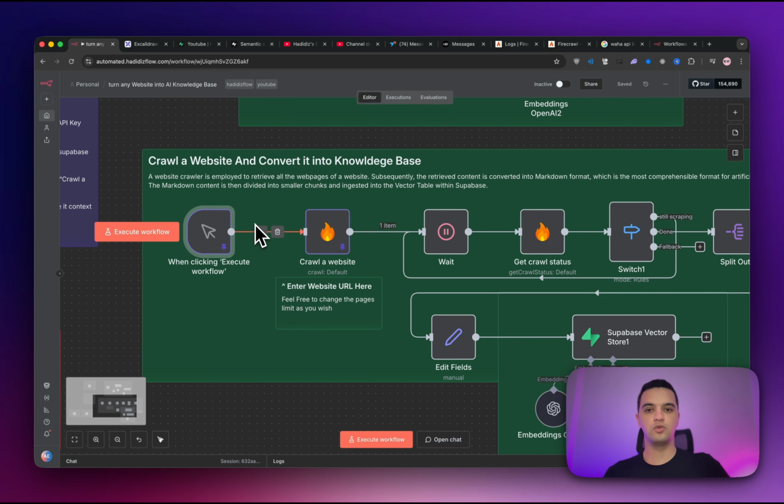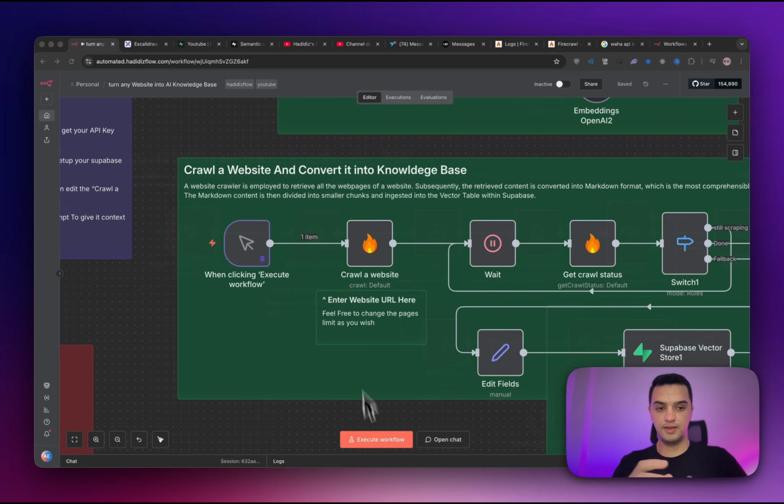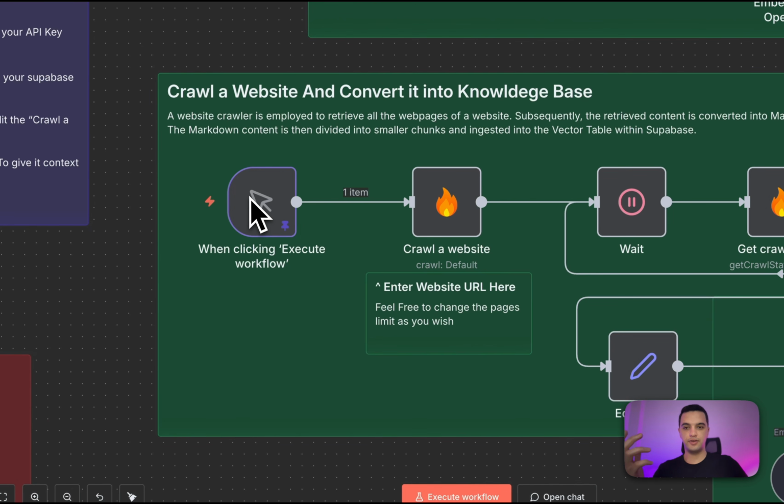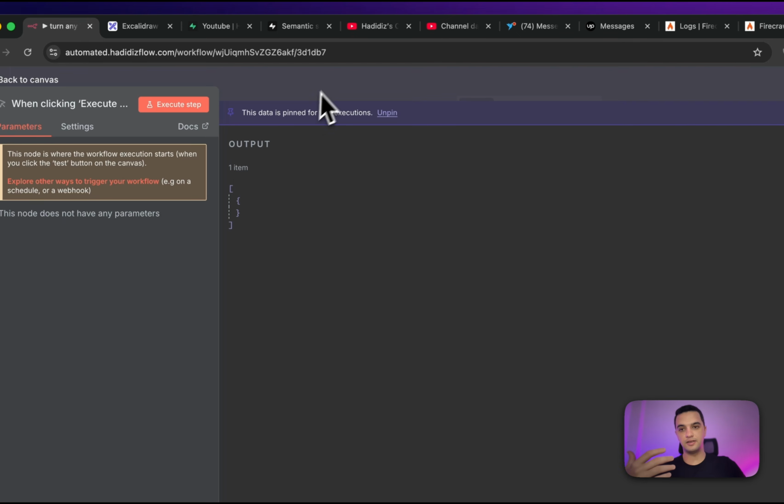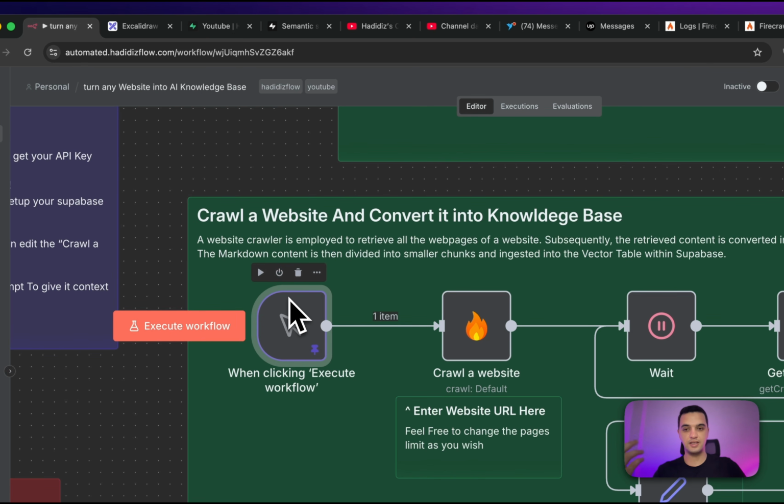which is going to handle the ingestion of the data into our Supabase database. The first thing that we're going to need is a trigger, a way to trigger this workflow to start. So for the sake of simplicity of this tutorial, I chose the manual trigger, but you can add whatever trigger you need. I have here a manual trigger, which basically, as its name means, you can manually